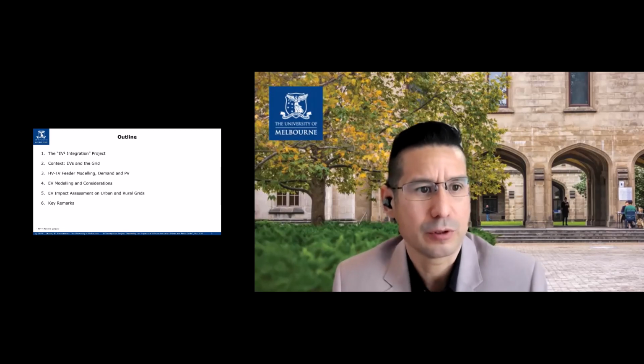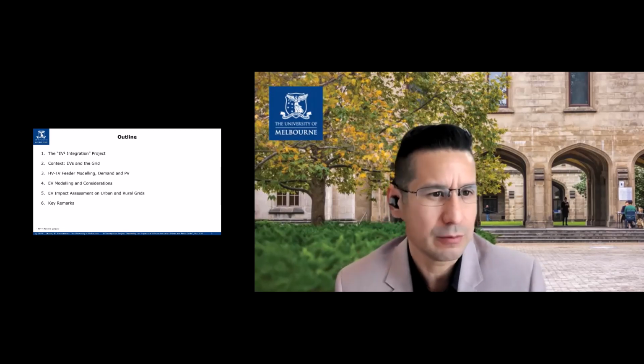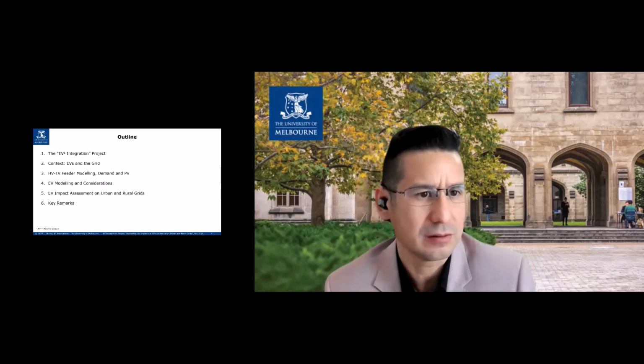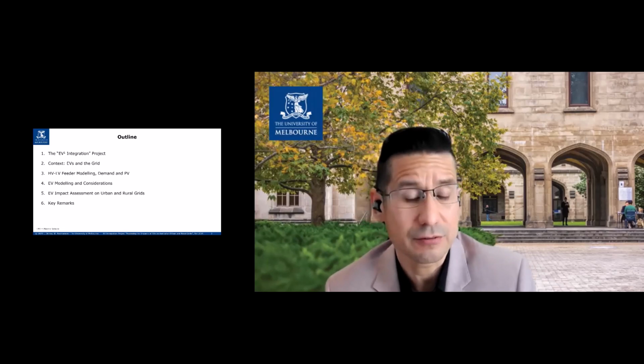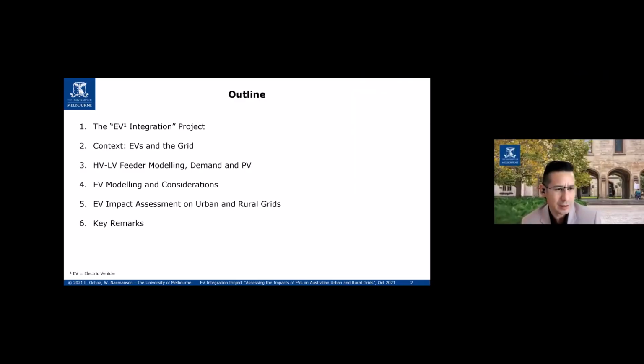The structure of this presentation is as follows. First, a little bit about the project Superquake, and then we're going to get a little bit more into the details of what these impacts that I'm talking about are about and what it relates to the electricity grids and the different types of grids. Then we're going to get very quickly to the modeling that we have done. We presented a little bit about this 3 months ago, more or less, with some preliminary results. And so we're going to go relatively quick on that modeling, but it's important to mention it just for you to know what are those networks that we are modeling and how we managed to model them.